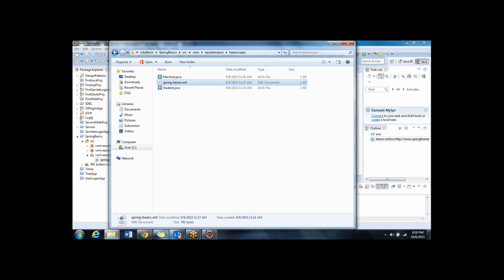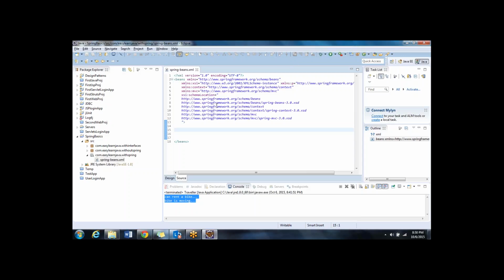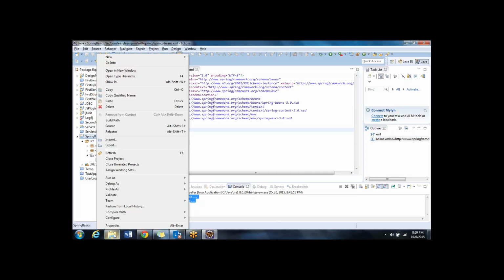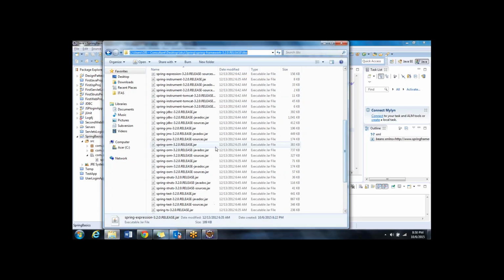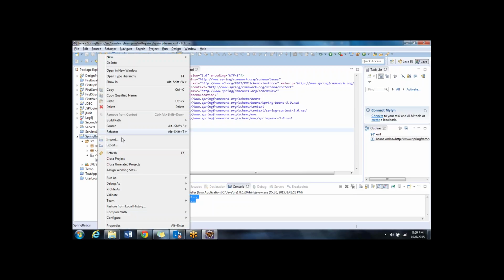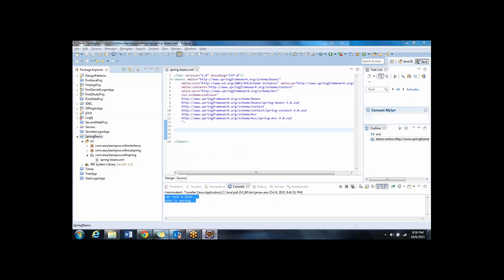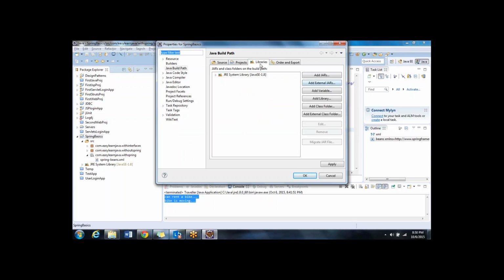I'm not sure if I have the jar files. Maybe I'll go ahead and add the jar files present in the location where I downloaded them from. This is the location where I have downloaded all the jar files. Right now I don't even need all these jar files. I need only a few. Let me add those classes for the time being. So I right click on the project, say Build Path, Configure Build Path, and I go to the second tab, the Libraries tab. In the Libraries tab I say Add External JARs